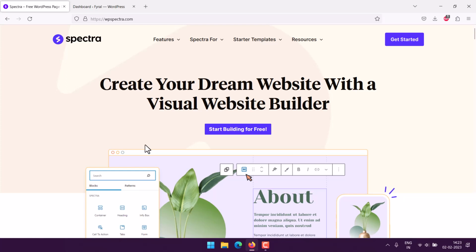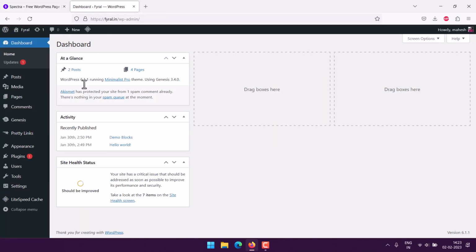Okay, so let's take a look at how you can add the tab in WordPress page or post. So whenever you want to create tab based content, you can use this particular tab block in WordPress using Spectra page builder. So what we can do here is go to WordPress dashboard, click on plugins, add new, and then